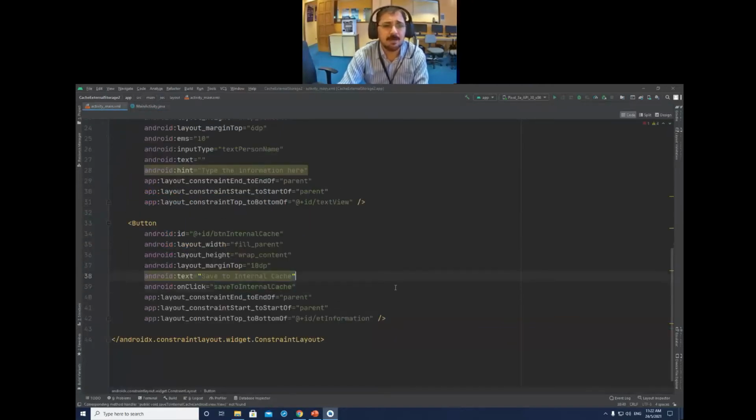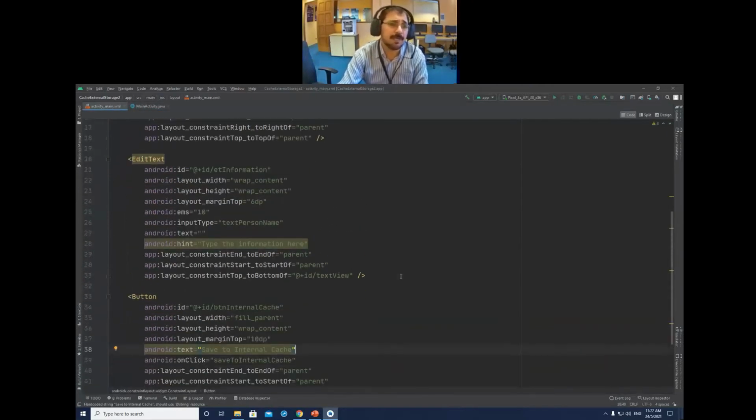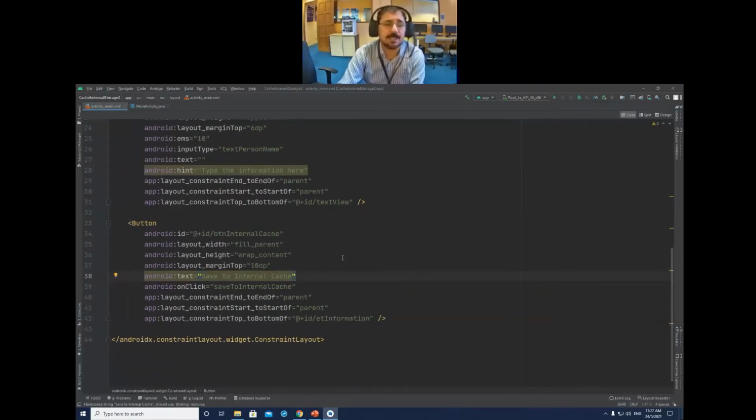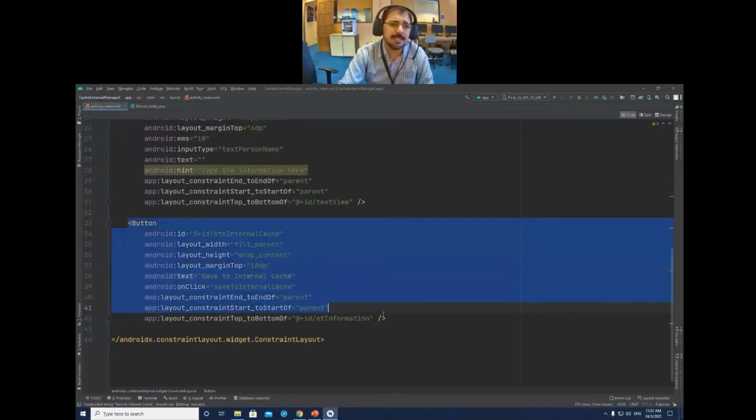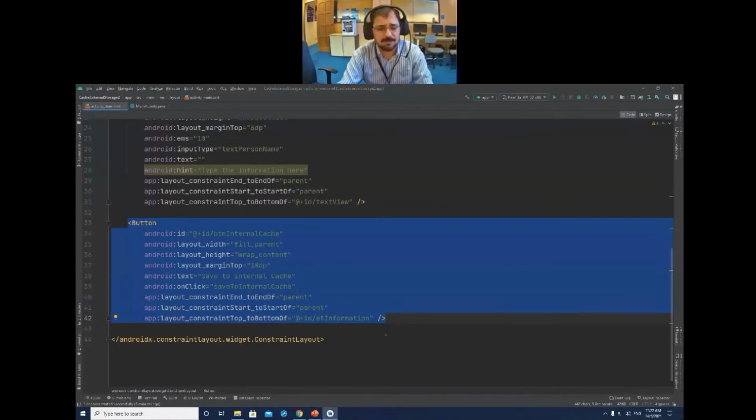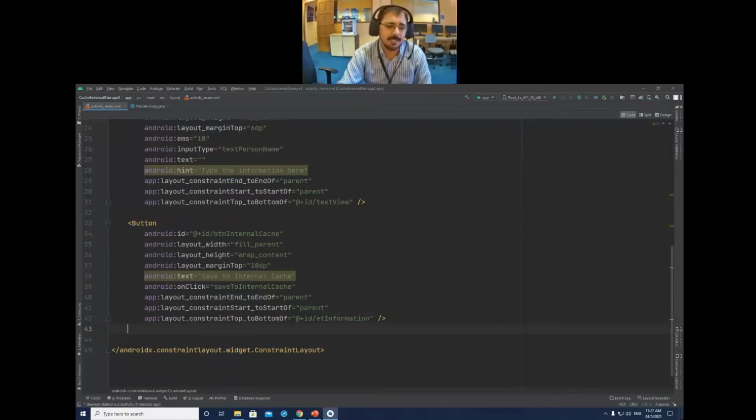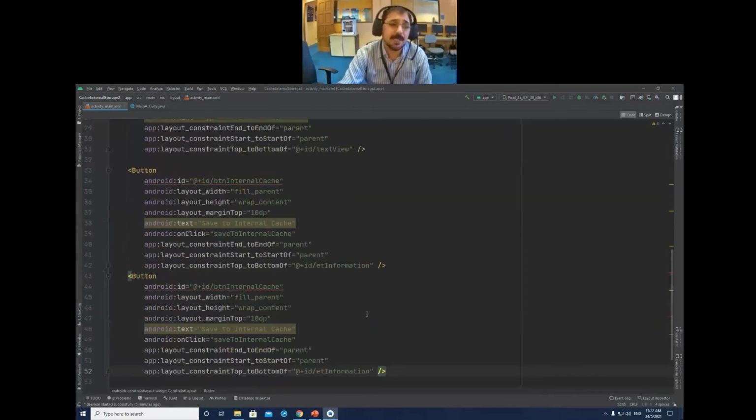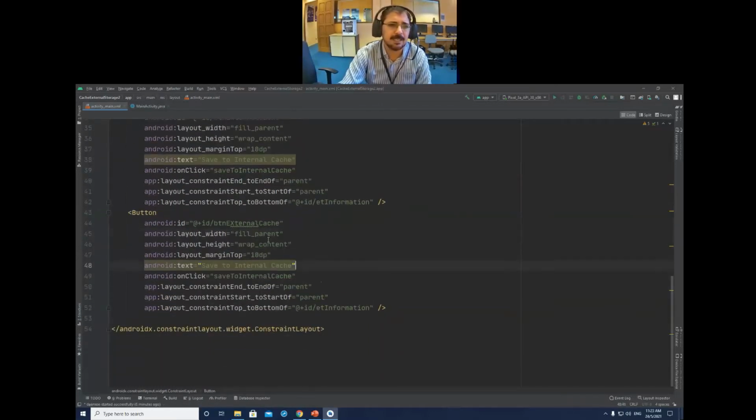Go back. Now we want four buttons: internal cache, external cache, external private and external public. The easy way is to just copy this one, and later I will change the naming and the event's name. It's much easier. So the btn internal cache is already there. I will change this one to btn external cache.